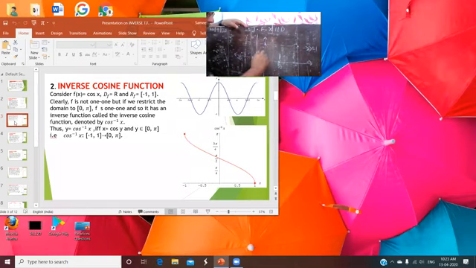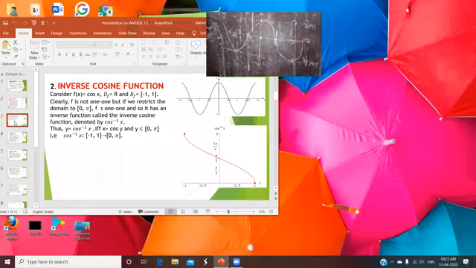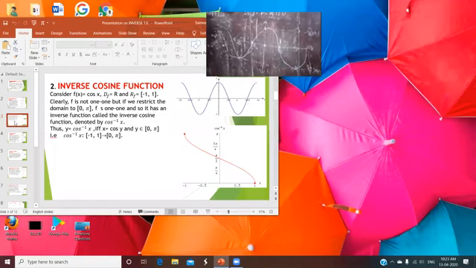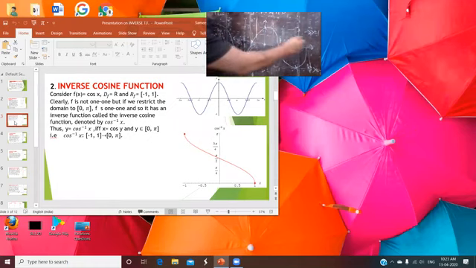So in this way, here you see that that is the curve of cos x. Here you see that the curve shows the graph of cos x. Okay. Now you draw the horizontal line and see that, yes, it intersects the curve at so many points. So it is not onto.